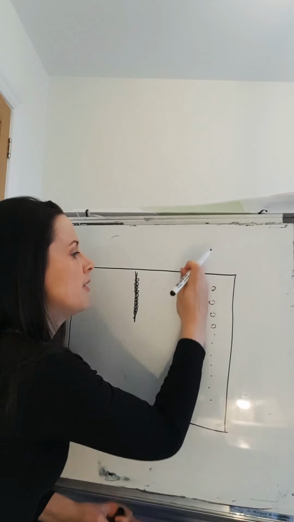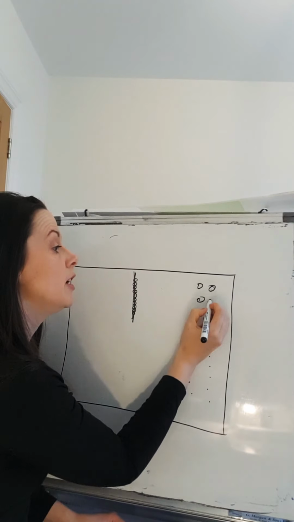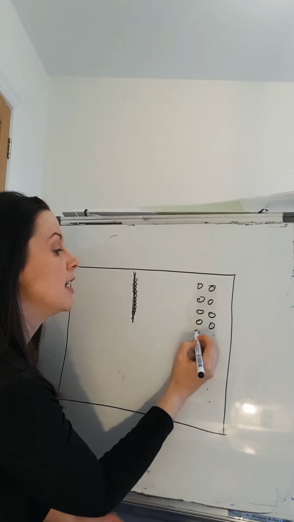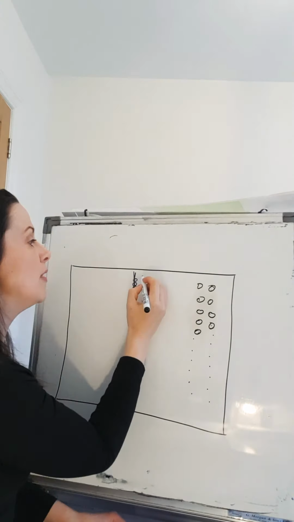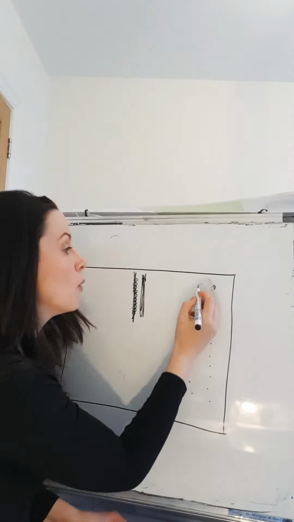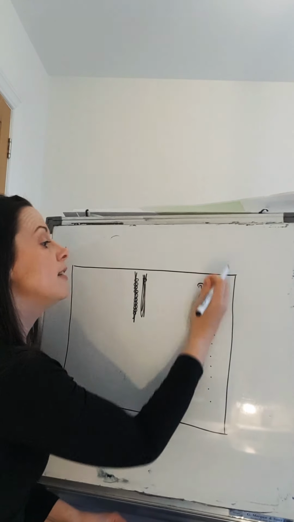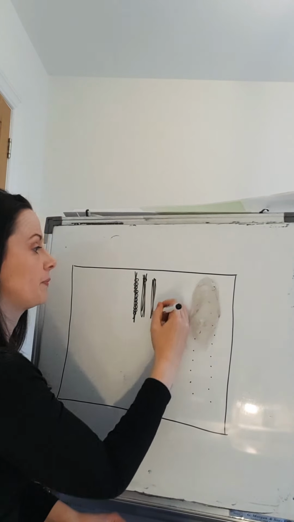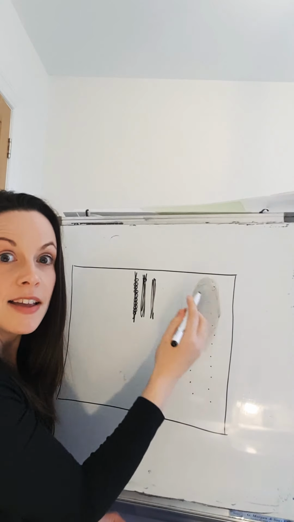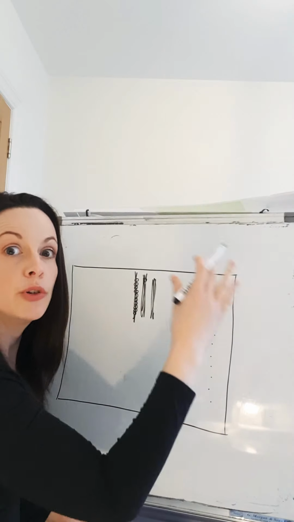Okay, and off they went again. 1, 2, 3, 4, 5, 6, 7, 8, 9. Oh, I can make another 10. So now I have 20. And they kept going. 1, 2, 3, 4, 5, 6, 7, 8, 9. Now I have 30 of them. Okay? Then they kept counting 1, 2, 3, 4, so 31, 32, 33, 34, and